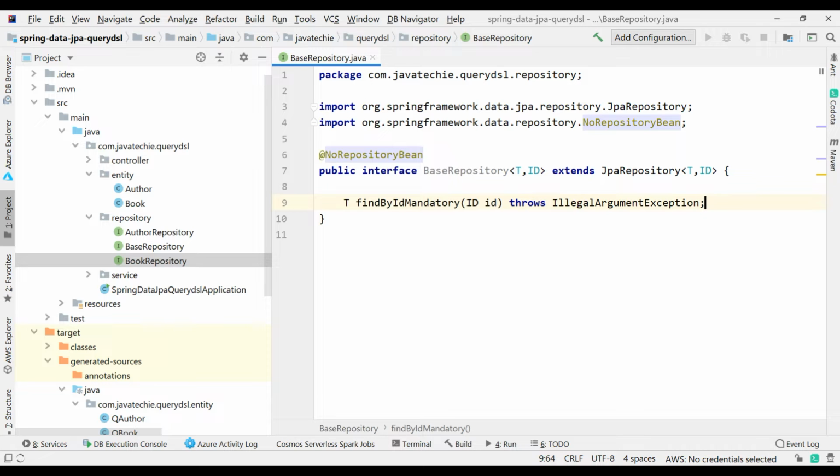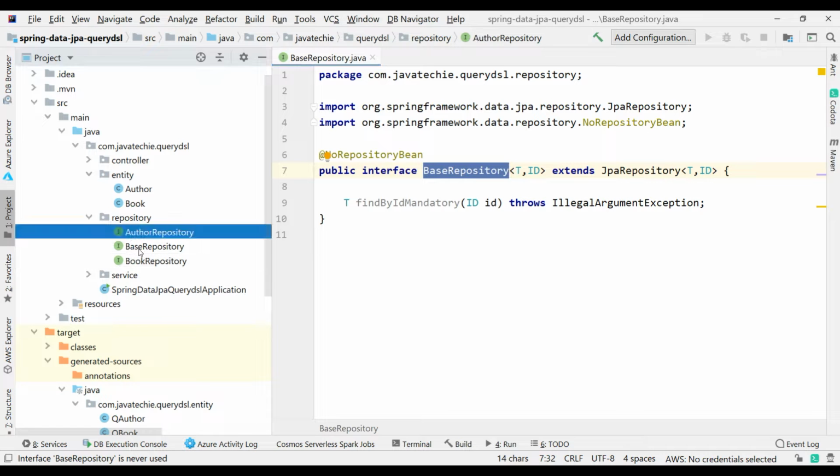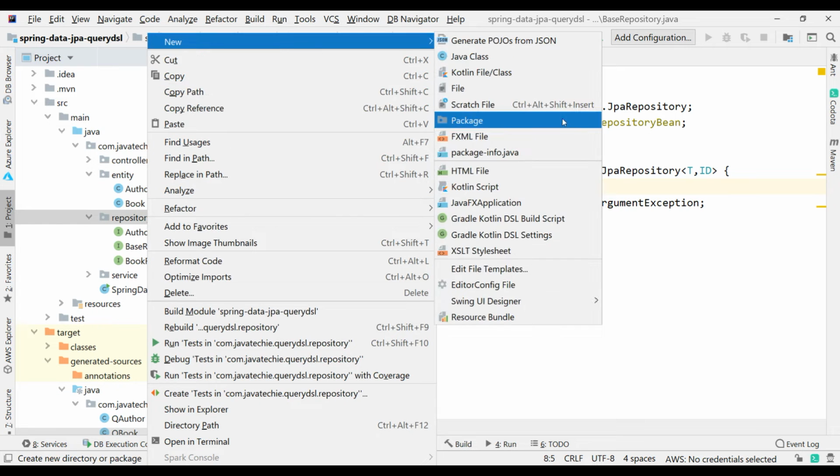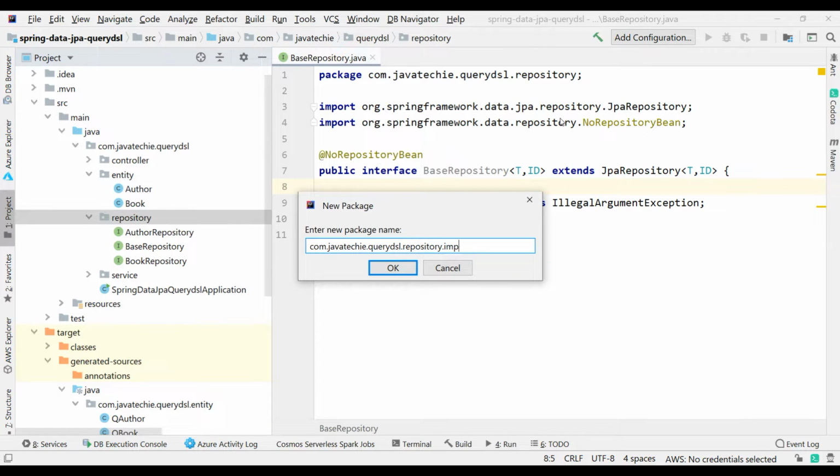Okay, fine. So I need to create another implementation of this base repository, so that author repository and book repository can extend from base repo, and for QueryDSL I need to write another implementation of it. So I will create another package here, let's say impl.